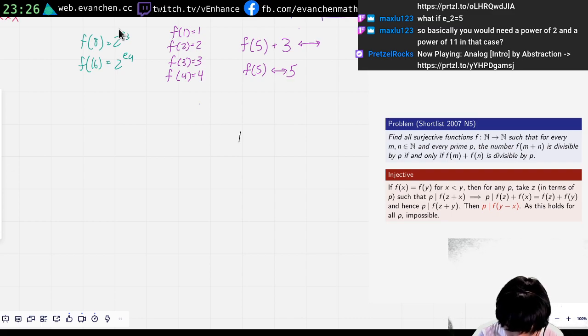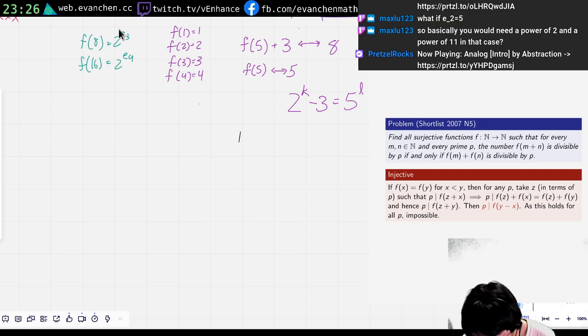And if I go up to like f of 5 plus 3, 8. So this is like the Diophantine equation, 2 to the k minus 3 equals 5 to the m, or something